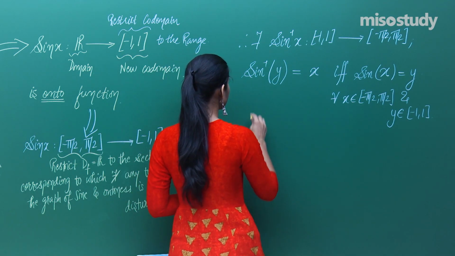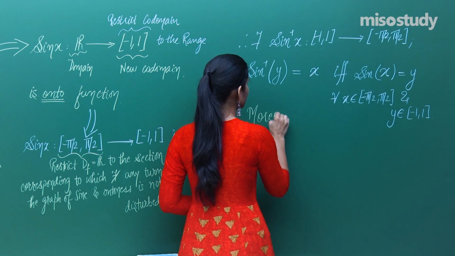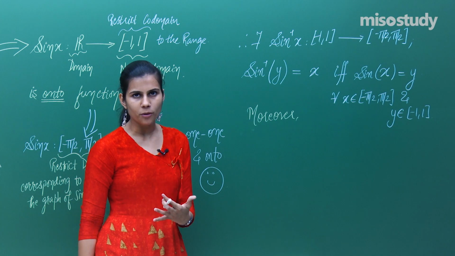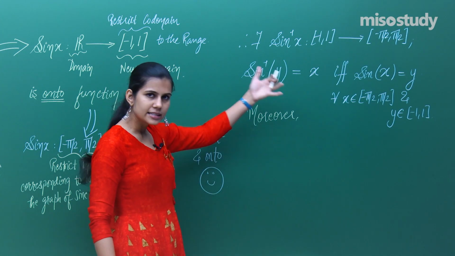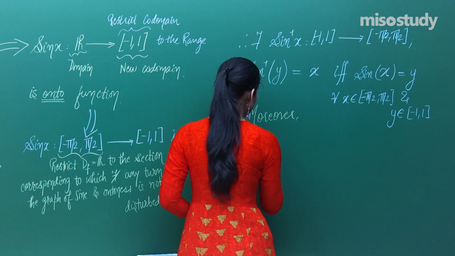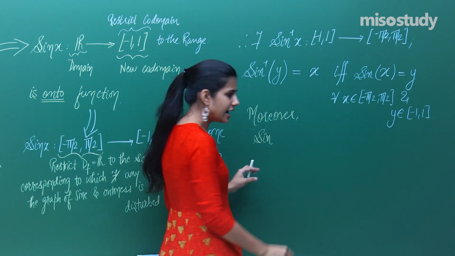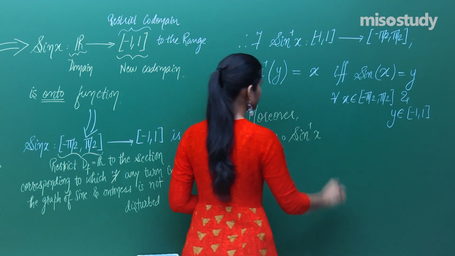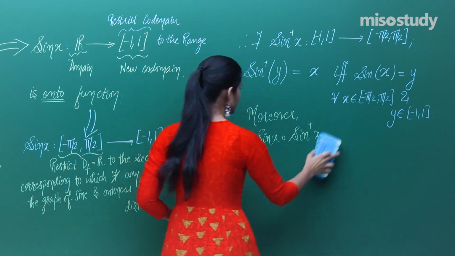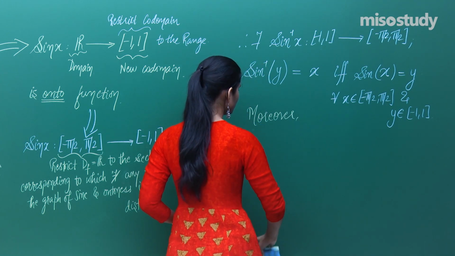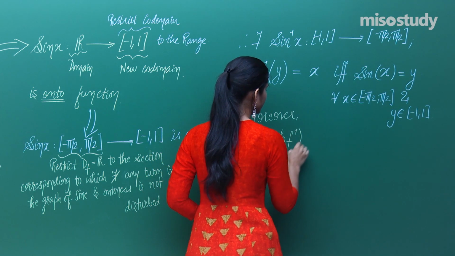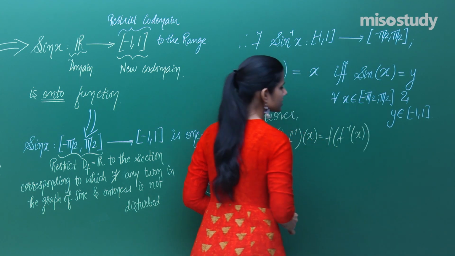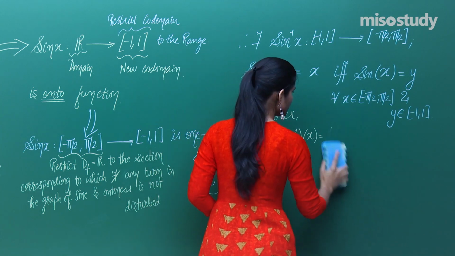Moreover, two very important properties that we had studied about a function and its inverse was regarding their composition, which is going to be established with sine and sine inverse as well. We know that sine of sine inverse x, or rather than that, you know how to interpret f o f inverse of x, right? f o f inverse of x is interpreted as f of f inverse of x, right? So similarly,